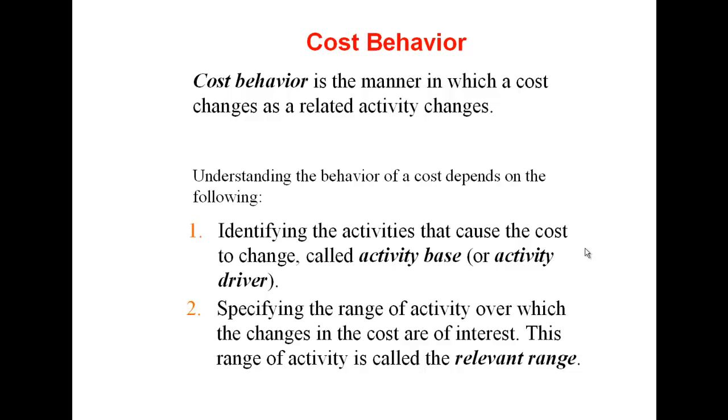We can make 10, 150,000, 1.5 million. It doesn't matter. The cost of that building is still going to be the same. So it's fixed, meaning it's not going to change based on the level of activity for that relevant range. Like I said, we're assuming from 0 to 2 million products, and let's say our product became in high demand all of a sudden, and we needed to make 20 million. Well, at that point,